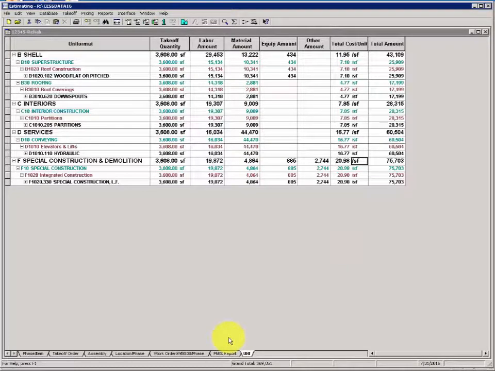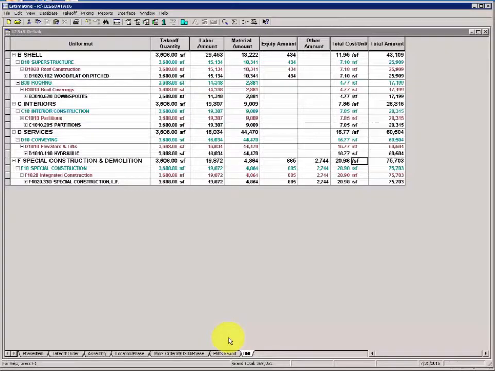Activity 18. Split the estimates. In this activity, you're asked to split these estimates that you built in a single estimate into 3 distinct work order estimates. We'll close the estimate. We'll make 3 copies and then rename each copy to match a work order. Then we'll open each of those work order estimates and delete the work orders that are not part of the